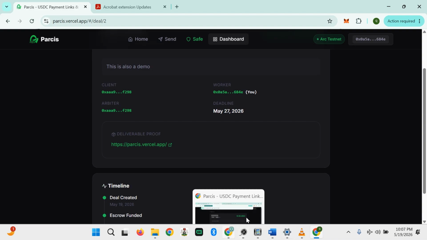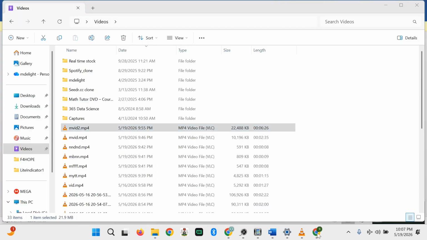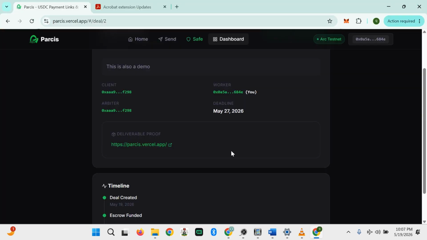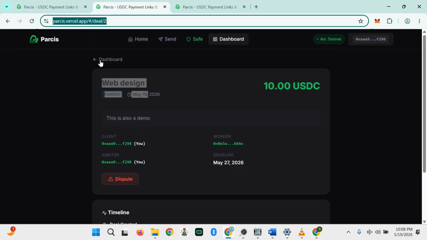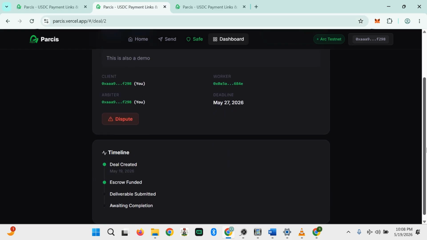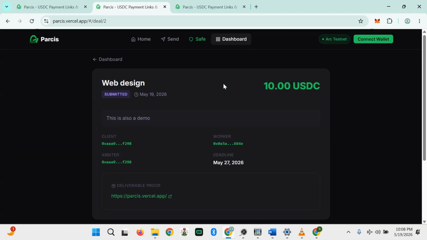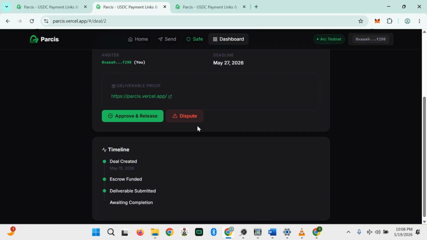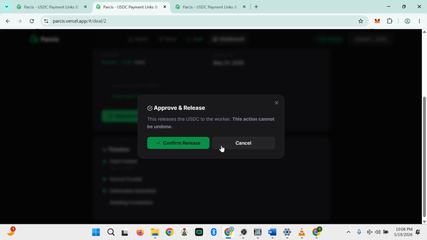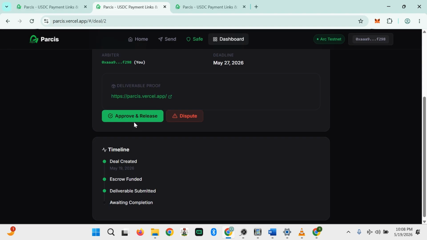If I come to this profile, I can definitely see that the worker has provided a deliverable. He has submitted this as a deliverable. So I can approve this and release, or I can raise a dispute.